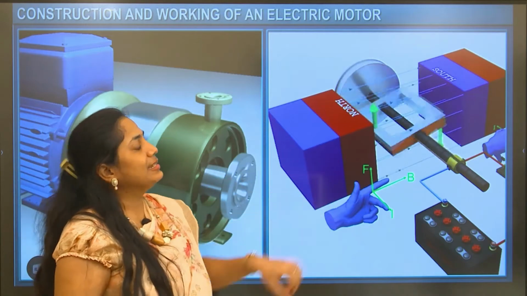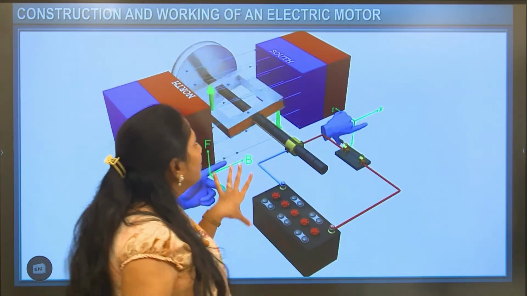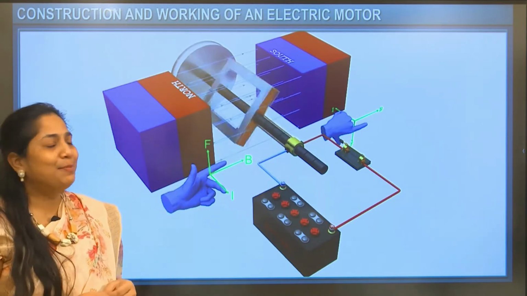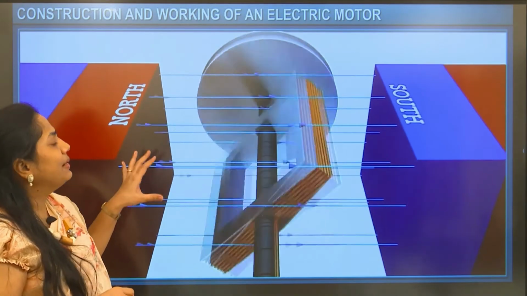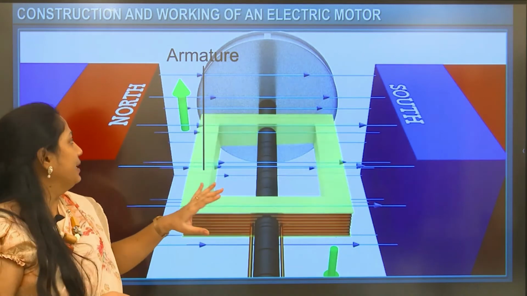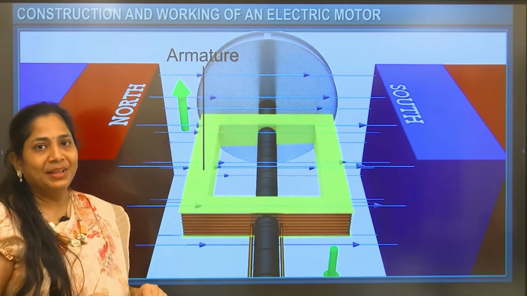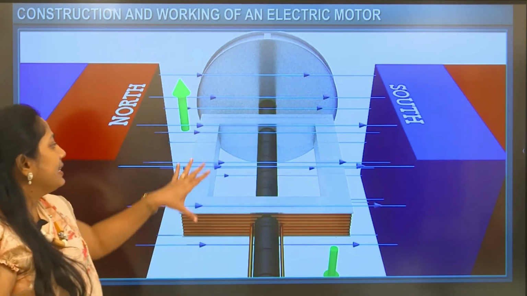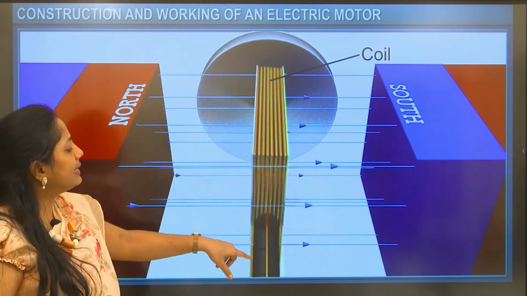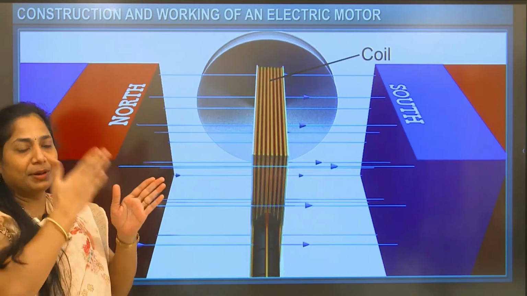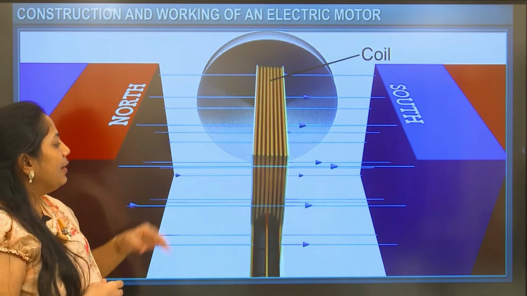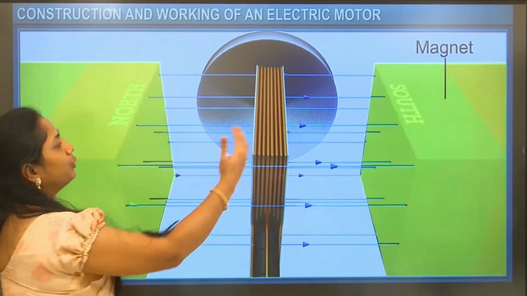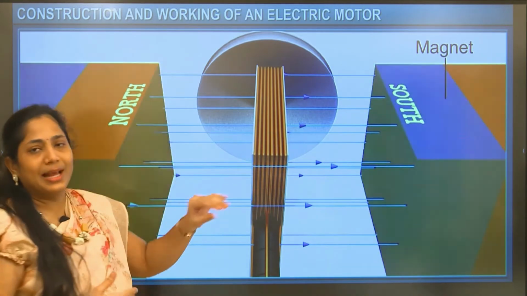What does a motor consist of? This is an inside view of the motor, which has a number of components. So what are these components? We'll see. This mainly consists of 6 components. Those are the armature. The armature is fixed with coils, copper coils. It's a lamination sheet, and inside we have the copper coils, copper strips, which are connected with the shaft. We can see the black shaft, and here are the 2 magnetic poles, which are north and south.